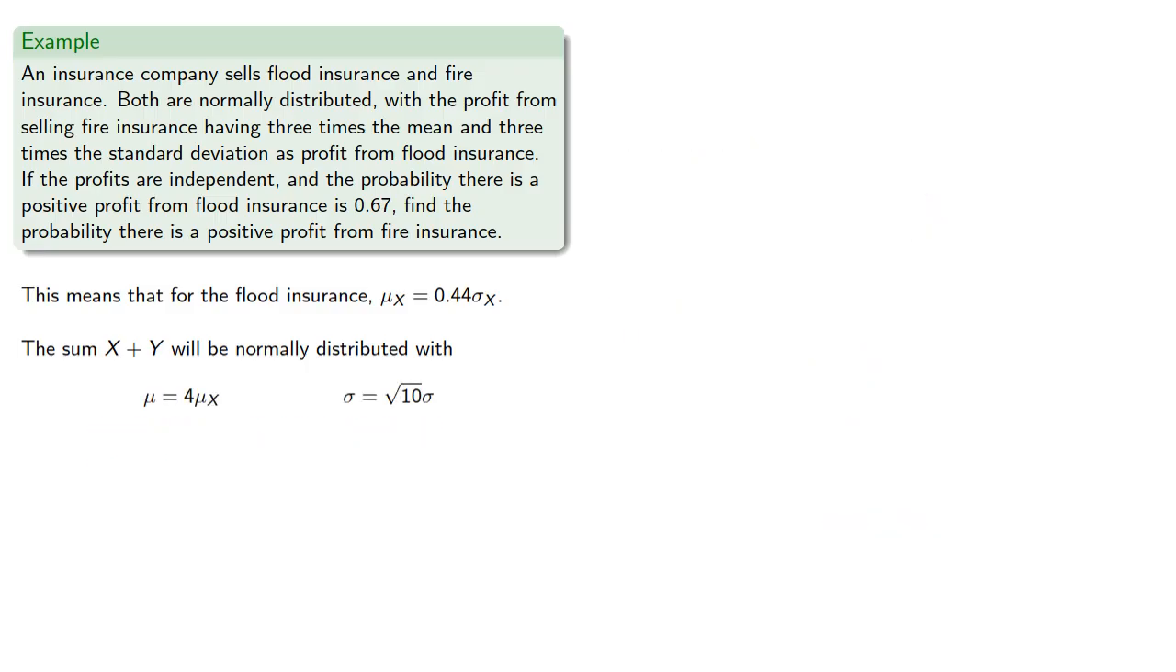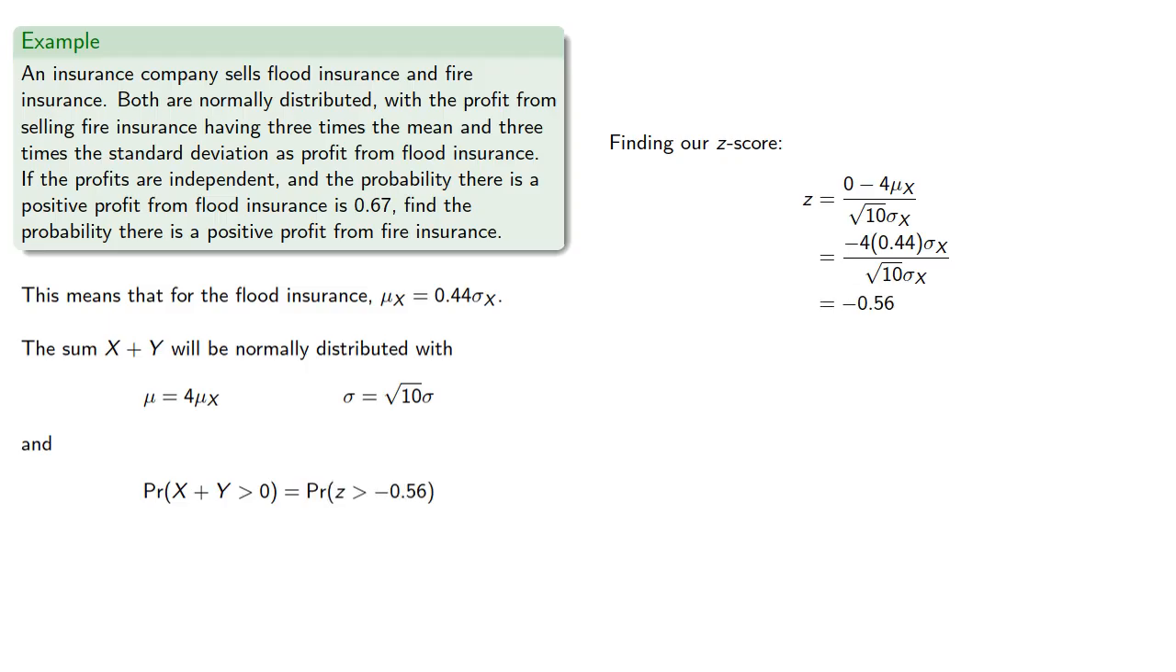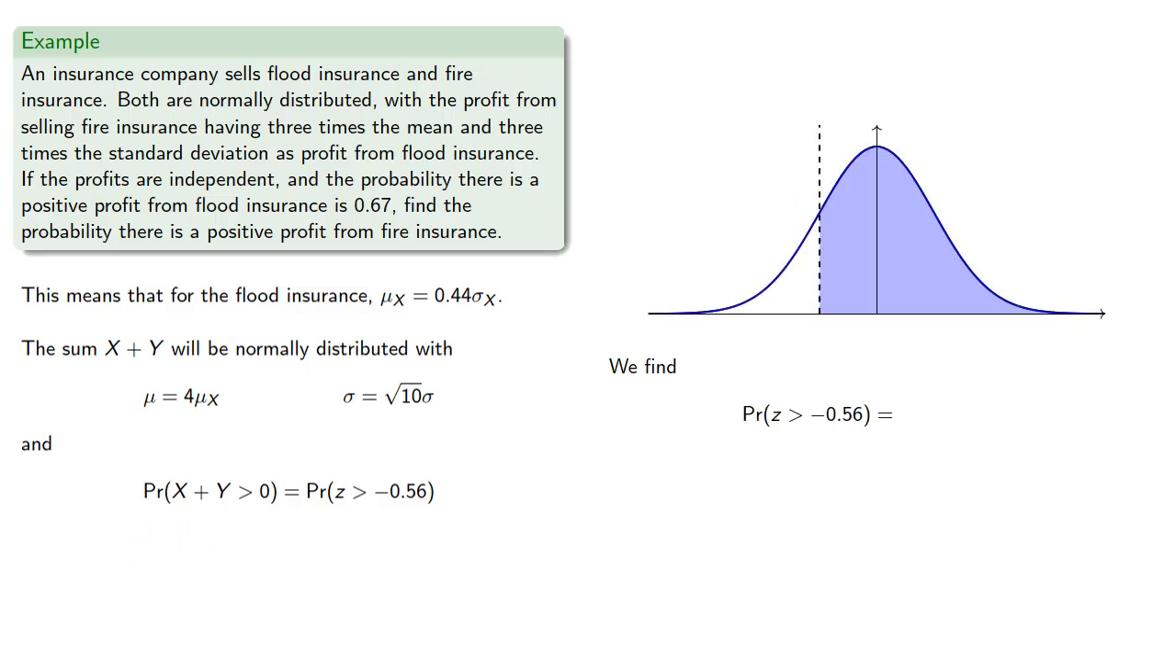and so the probability that our sum is greater than 0, that z-score will be, and we know the mean in terms of the standard deviation, and our standard deviations will factor out to give us the actual z-score. And so that probability that we're greater than a negative is the same as the probability we're less than a positive, and we consult the table to get